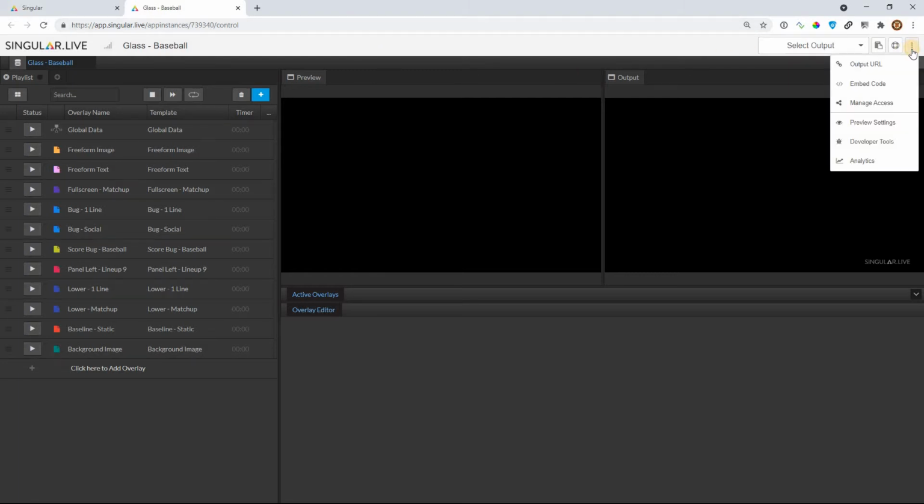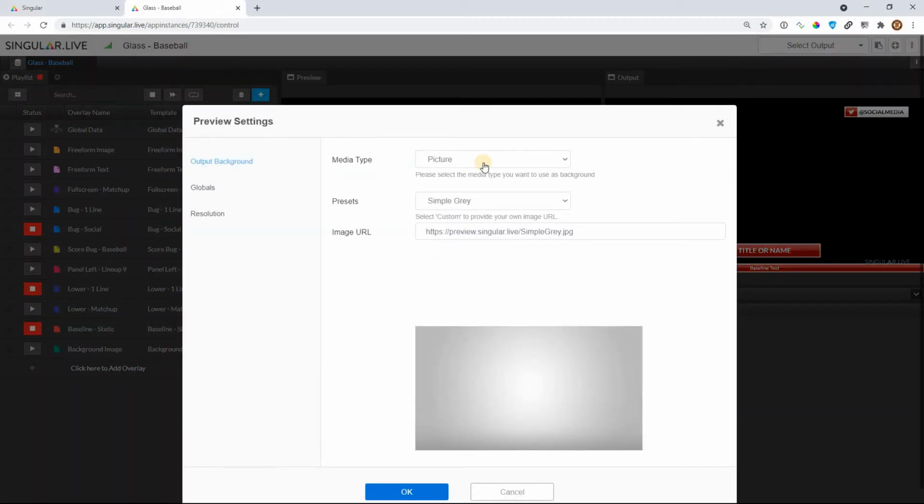While I'm here, we're going to need to show you, let me just bring in a few graphics, a lower, and let's bring in like a social and maybe a baseline graphic. Okay, so here under preview settings, there's this really nice option where you can put, say like a